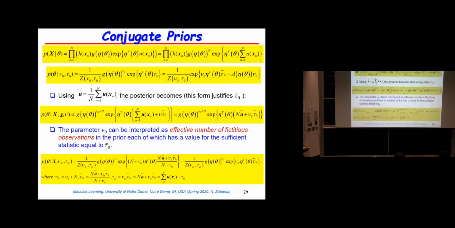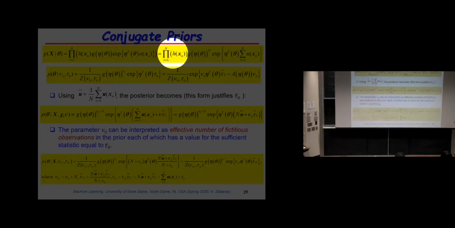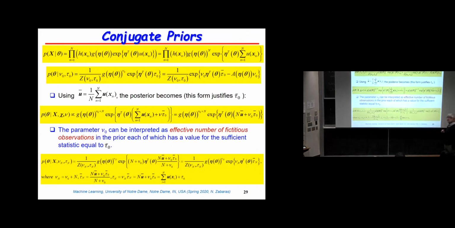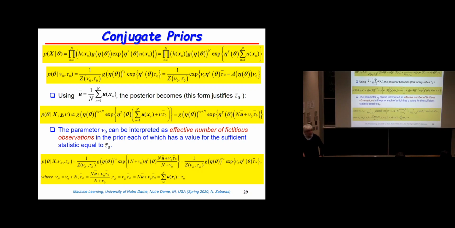Okay, so I'm going to assume that I have a likelihood with n data points. So I will multiply my likelihood for one point n times. So I'm going to have this product of these h of xn factors. I am going to have g to the power n, and then I'm going to have exponential of eta transpose sum of all u's. You see that? You get u of x1, u of x2, all of them are summed together, so you're going to get